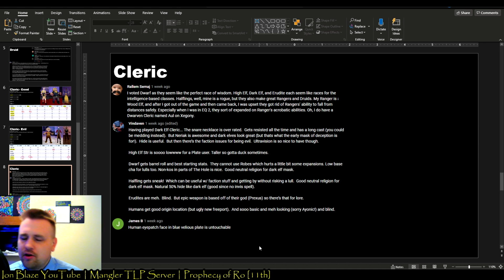So yes, there are these specialty quests that you get being a certain deity and certain race as a Cleric. And one of them that's really sought after is the snare necklace that Dark Elf Clerics can get, but I guess it's overrated. It gets resisted a lot and it has a long cast. And Dark Elves, they do have the best night vision out of all these, which does help out. But in general, it's better to be good Alliance because most of the hub zones, you'll be kill on sight